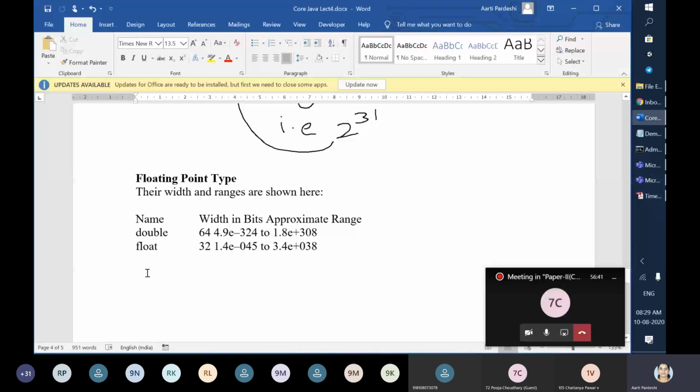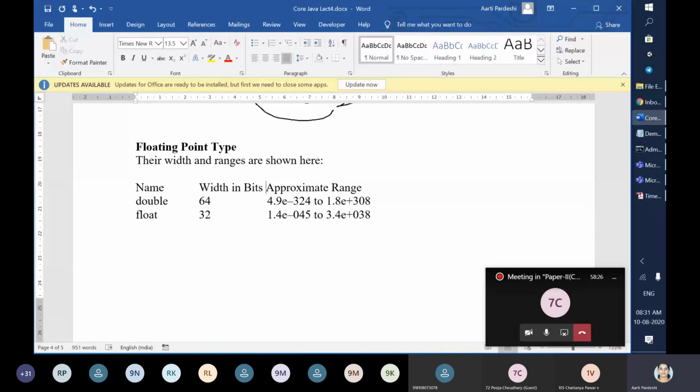Now here you can observe that under floating point we have two data types, one is double and the other is float. If we stick to the 32-bit configuration, the integer value allowed is of 4 bytes. That's why 32 bits, because 8 4s are 32, and 2 raised to 32 is the max value which is possible.